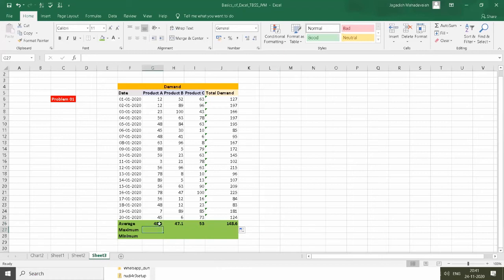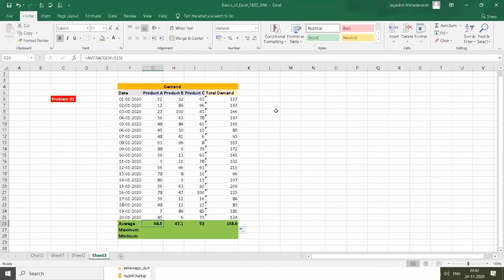Then you may ask me a question. Products are whole numbers, but we are getting decimals. What's the problem, you may ask. The average is the sum of everything divided by the number of dates, so we'll get a decimal answer.